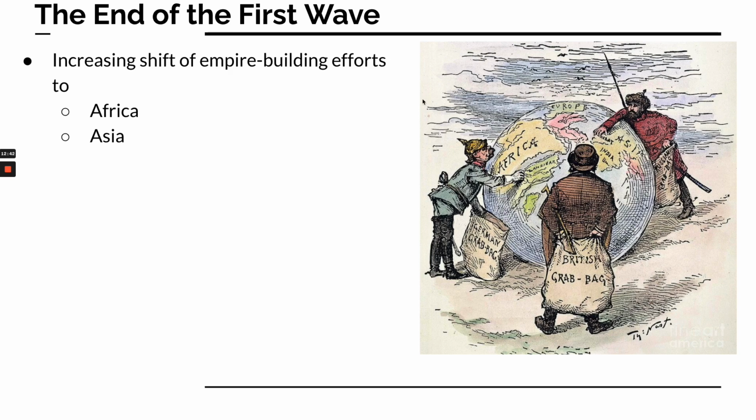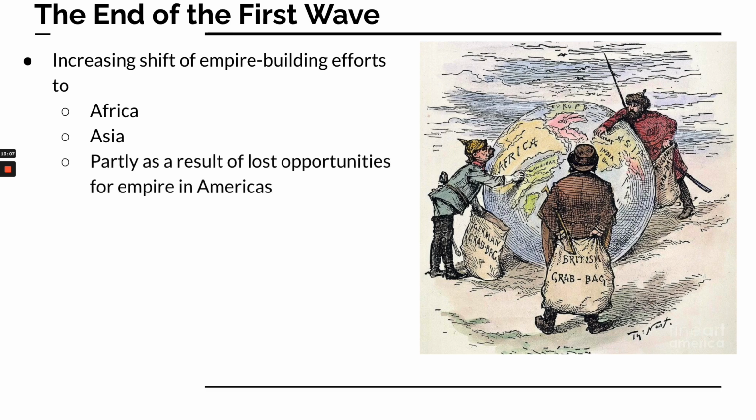And also empire building in Asia, where we see the British eye is particularly fixed with the British grab bag to fill with colonies. And this figure represents the Russians. They're also very much interested in Asia and will clash with the British, especially for control there.